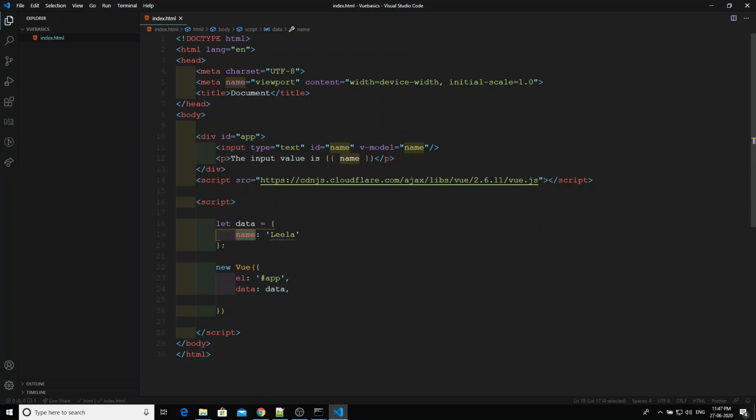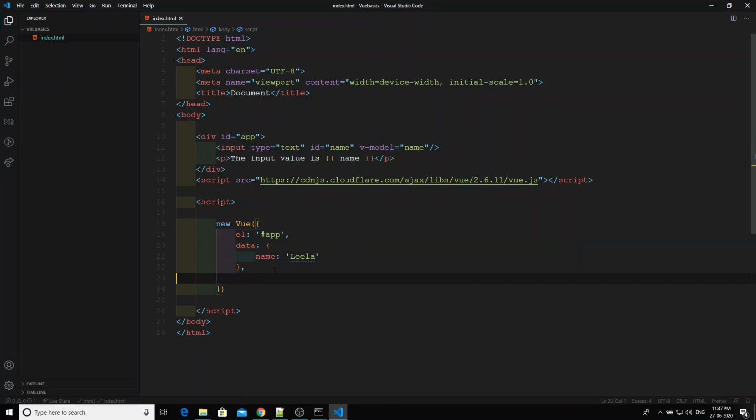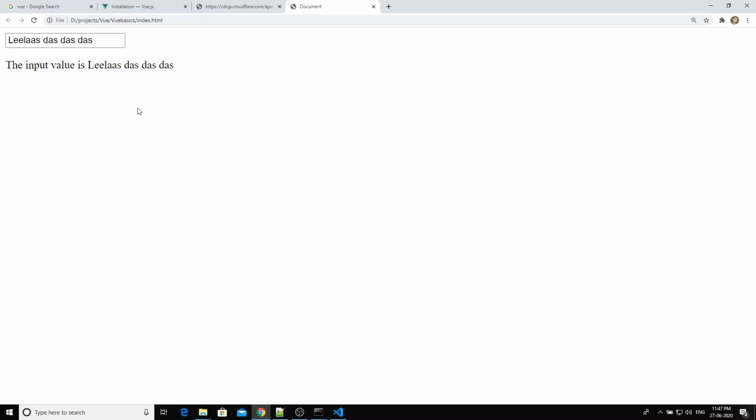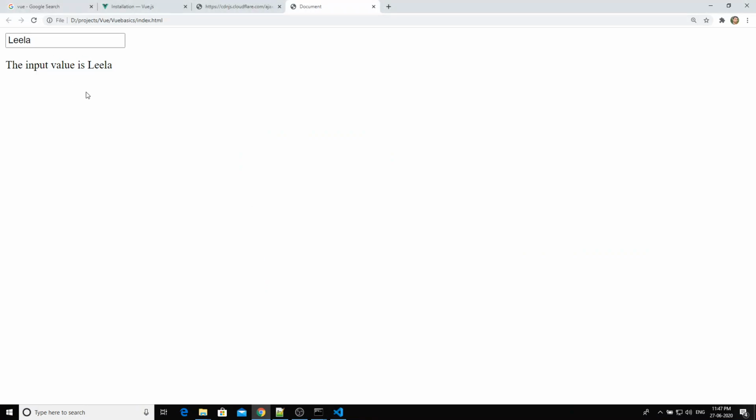Now another thing we can do is remove this one and paste it here like this, and we can remove this complete variable also. So this is the basic Vue: how we can create a Vue instance and how we can bind a small basic variable in the HTML. With these 4 lines of code, we have obtained the reactivity, and the listeners and all those things also happened.